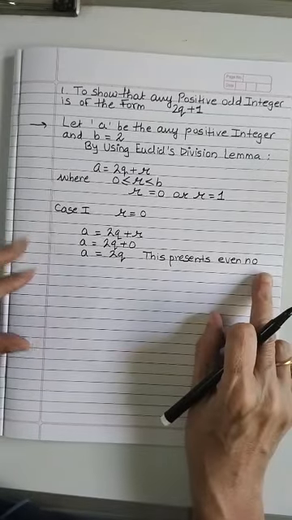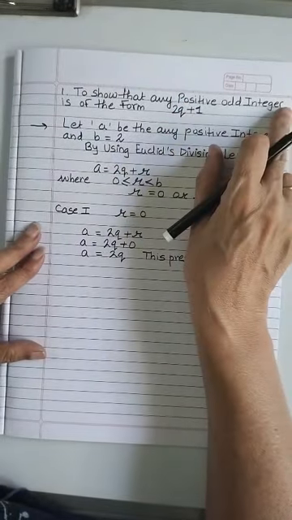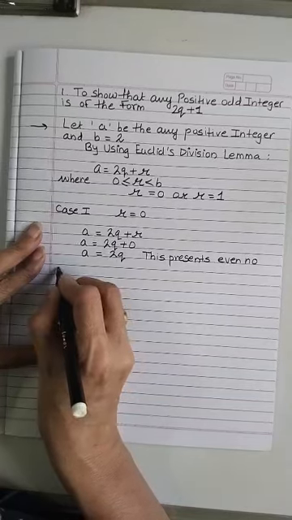So this is nothing but the even number. We are talking about the odd integers. So we will move to case 2